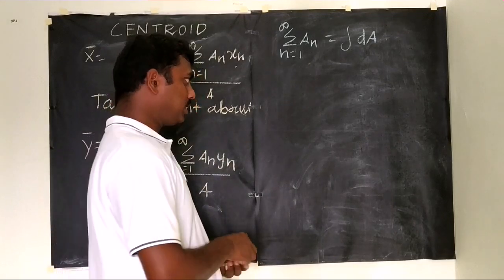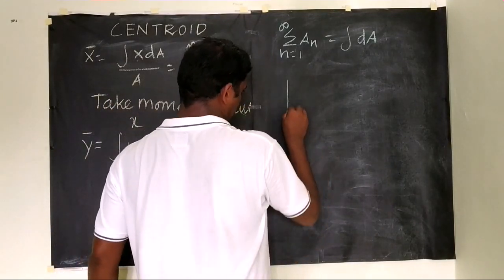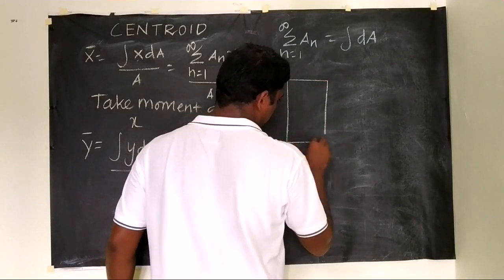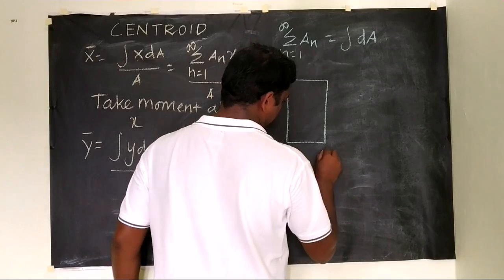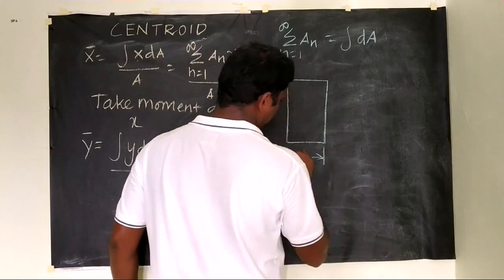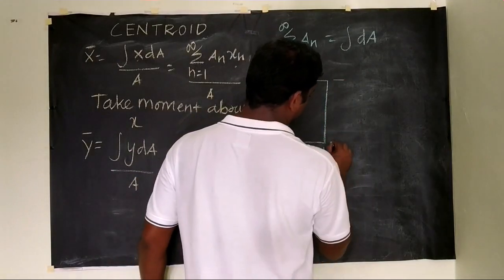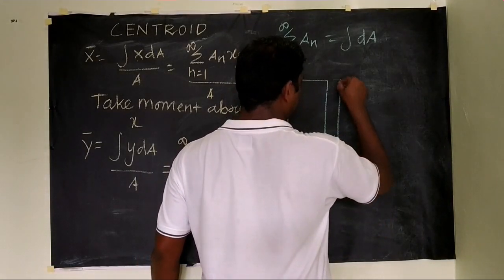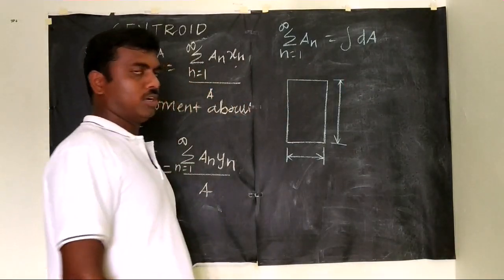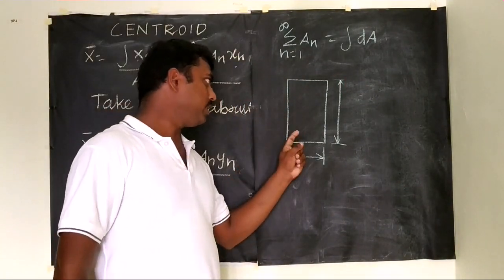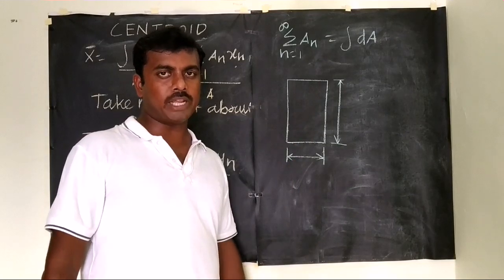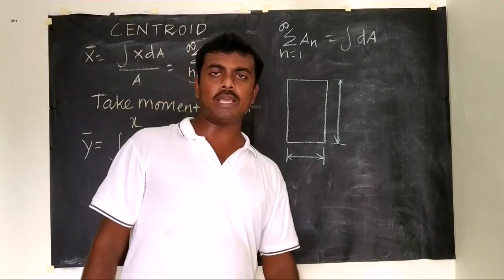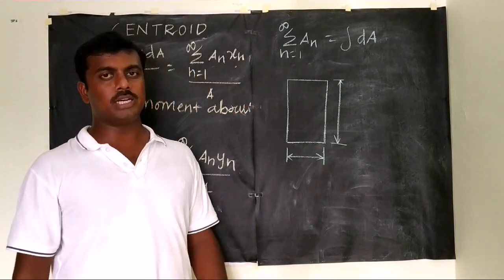For that I am going to take one rectangle. This is my rectangle. The length of the rectangle is 4 meter. Then the height of the rectangle equals 5 meter. Then how to get the area of this rectangle? Here we are going to use three methods. One is division of this rectangle into small elementary parts, then add them. That is the first method. Then method 2 is applying the formula. Then the third method is the integral method.